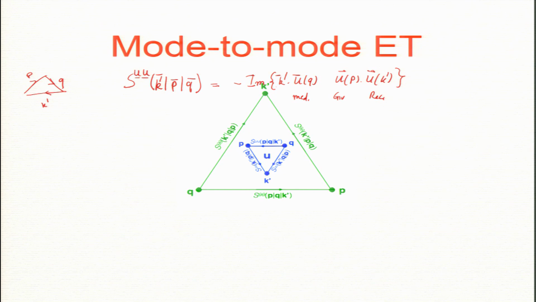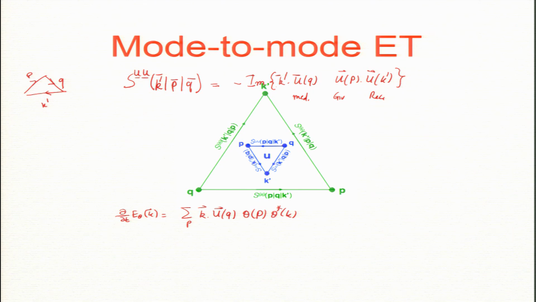Now if you look at what I wrote in the previous slide, the energy equation for the scalar, let us write the equation for the energy. It has d by dt of E theta of k is sum over p of k dot uq theta p theta star of k. Let us turn off the viscosity, the diffusivity, and the force f theta; they are off. So this is the term.